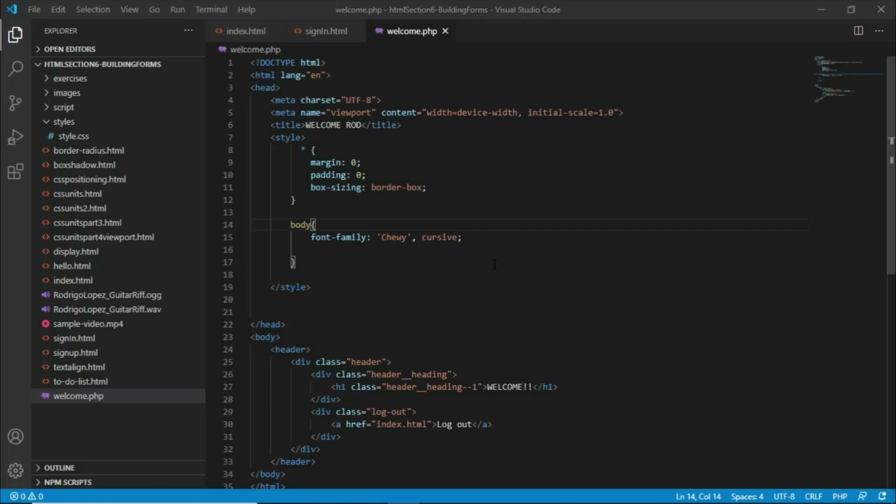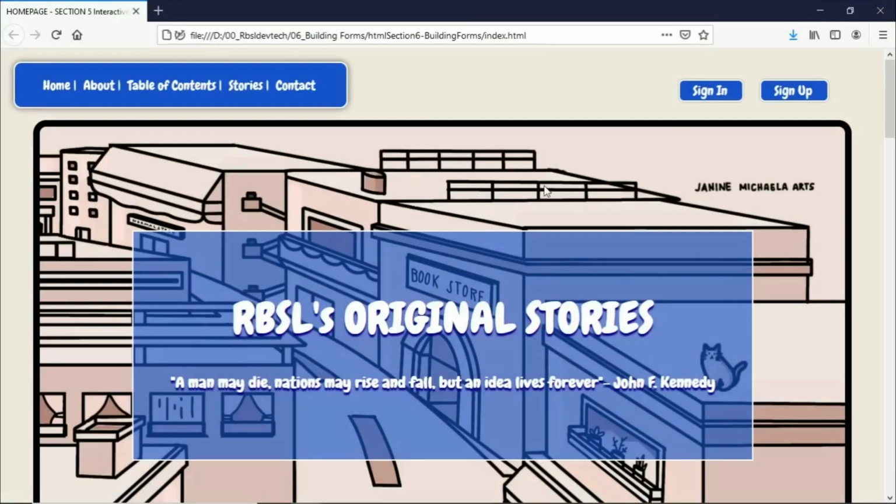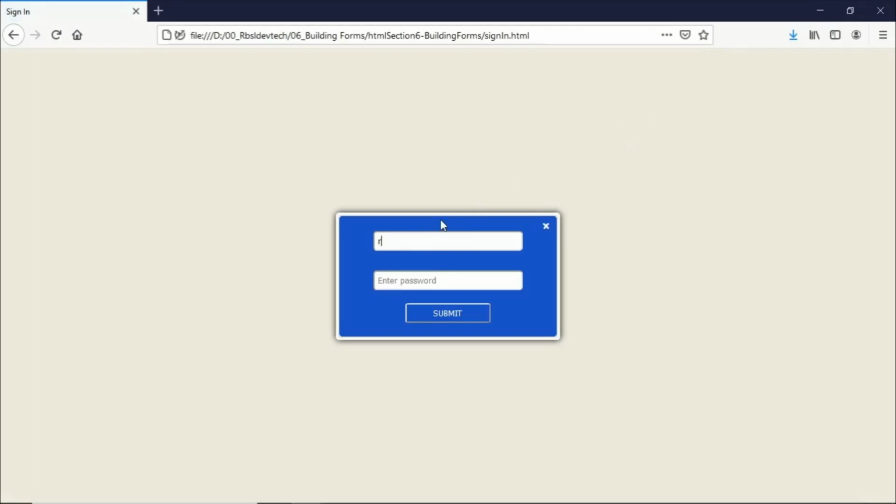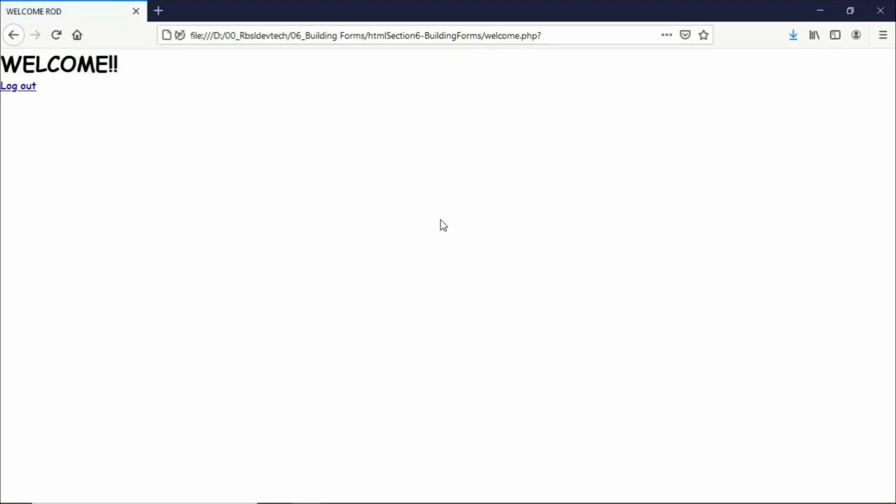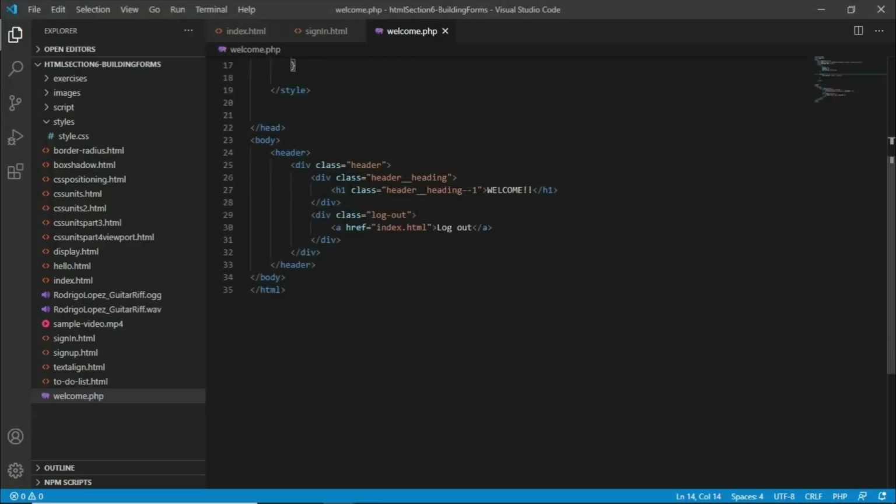Now let's first check out our browser here. Let me open our file and see how that will look now. Now we have our welcome.php and we now have our welcome text here that we specified inside of our code editor. So if you remember, we have our header and we have the div for the logout. Okay,